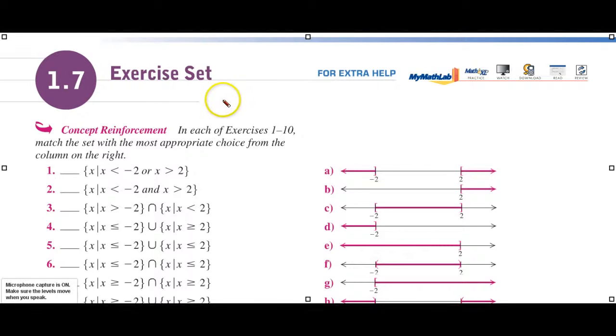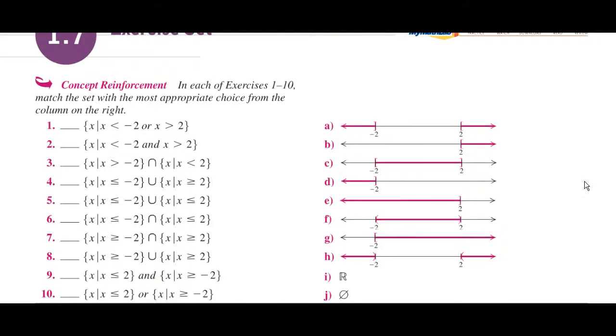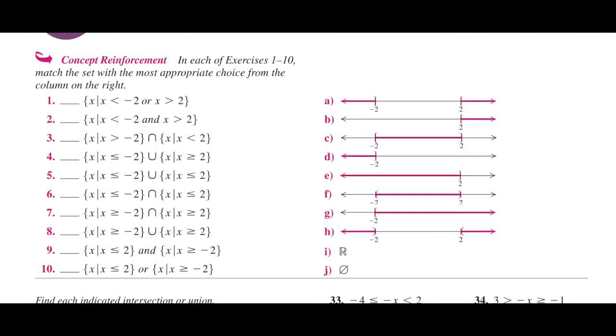As we go on to section 7 of module 1, and you're bringing your textbook to class, open it now to the end of the section where we get to exercise set. Now we'll raise it up a little bit, and we're going to work on these from 1 to 10. I thought this is a good review,